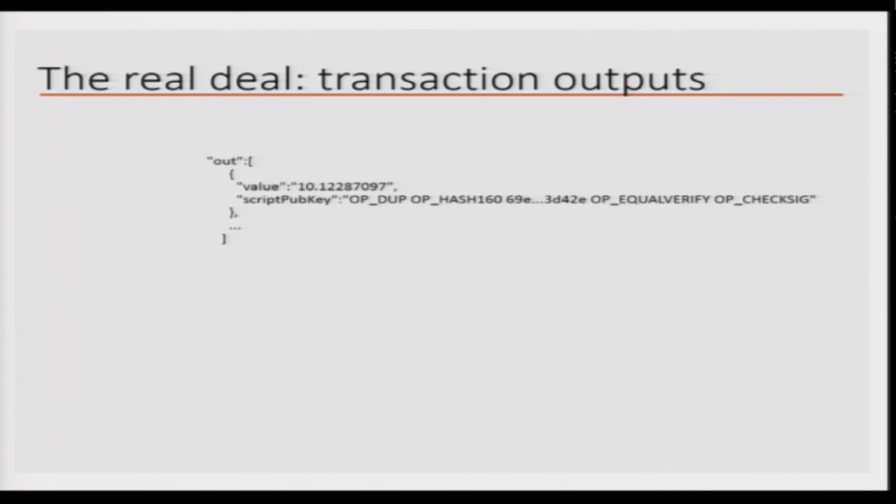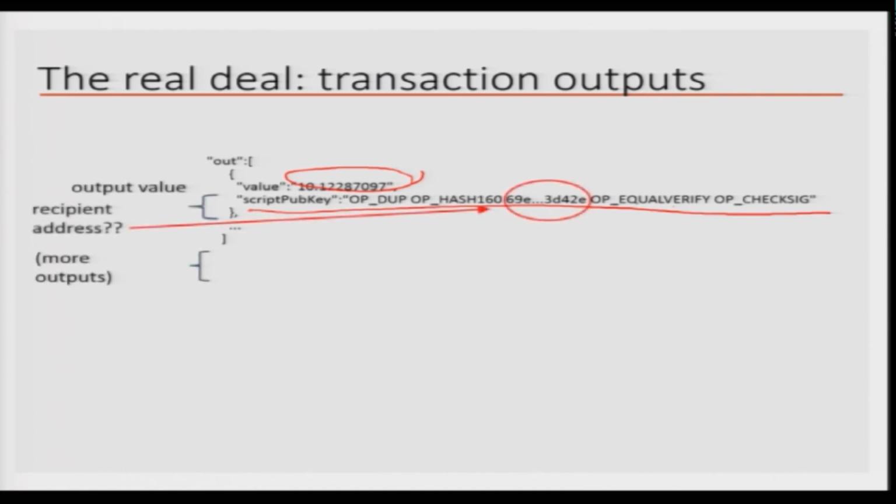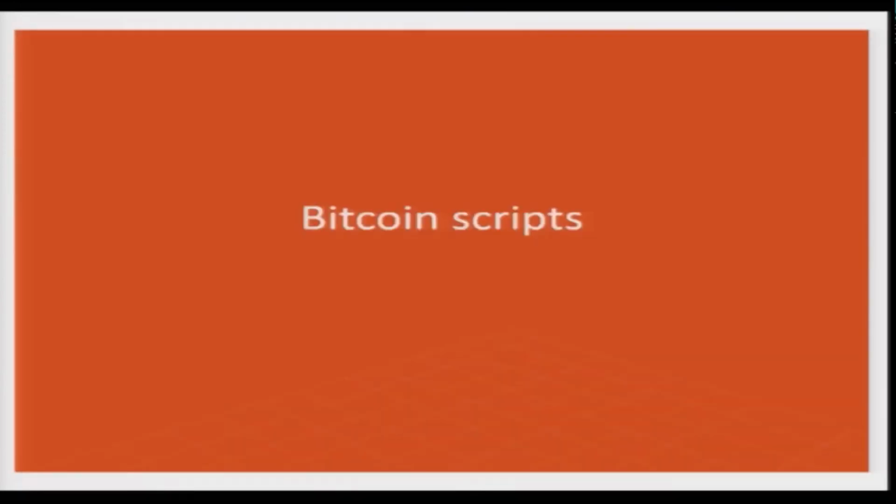The output also has the value of the output, how many coins are going, and here it says who is going to be credited for that amount. And now, as we said, this looks strange, but we will very soon understand what it means, and this part is actually a hash value, it is the account number, but we will understand very soon. So, Bitcoin scripts is what those things are.